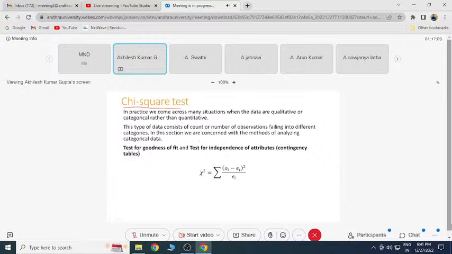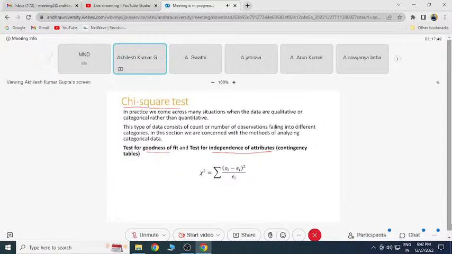We have three types of chi-square test. Here I have given two types: goodness of fit test and independence of attribute test. The formula is very simple for chi-square, but obviously you don't have to use the formula. We will see hands-on how we will do this chi-square test in R for goodness of fit and independence of attribute. So goodness of fit, basically used again in hypothesis testing, as I told, is related to how your sample is performing with respect to your population.